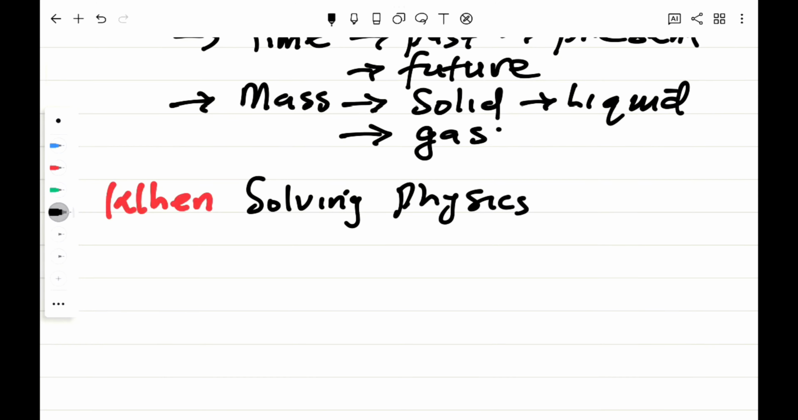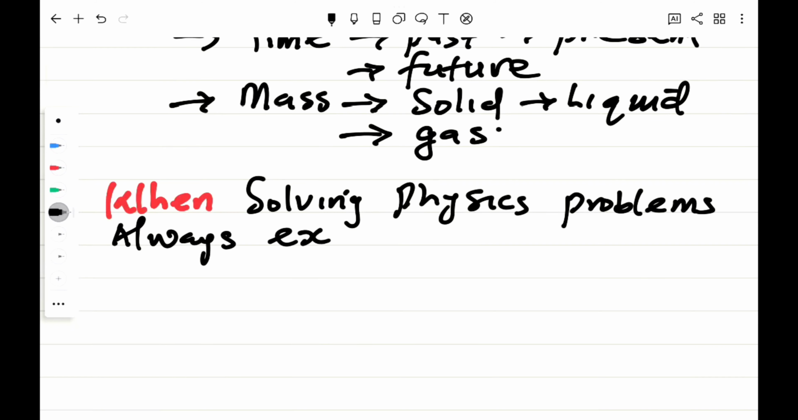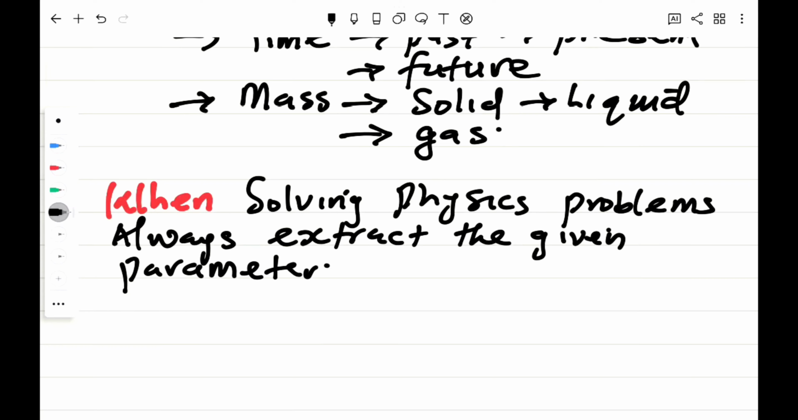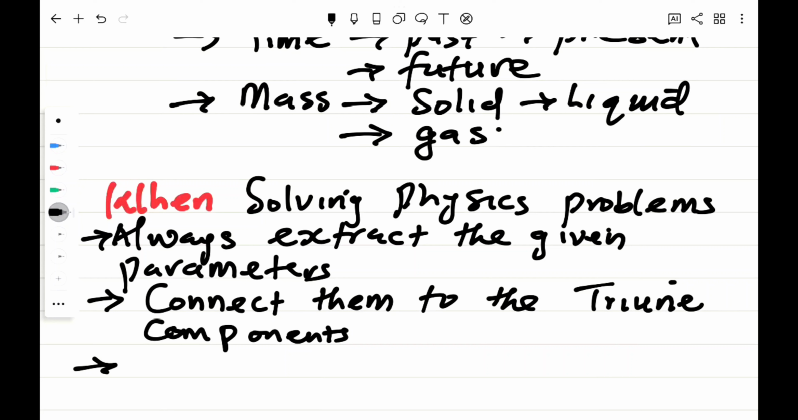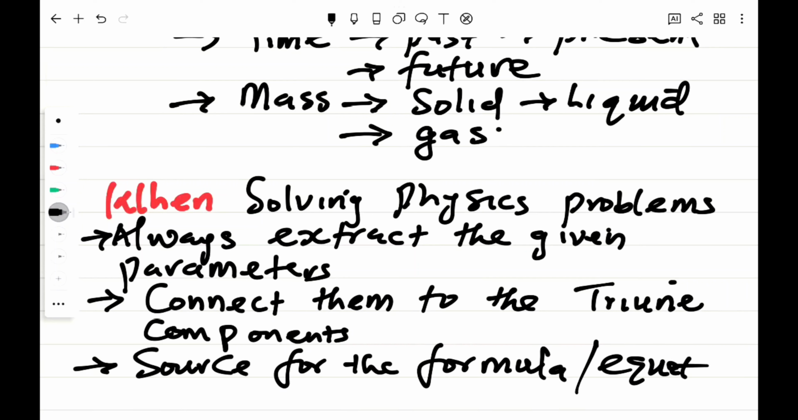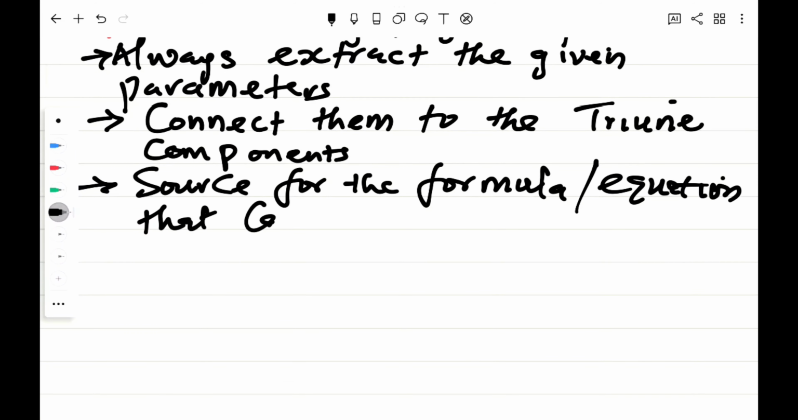So please, when solving physics questions or problems, always try to extract the triune components or the given data. Okay? If you're able to extract the given parameters or given data, you will be able to think of the formula that will solve that particular problem. So also try to connect them to the triune components. After extracting the data, connect them to the triune component, then source for the formula or equation that can connect these triune components